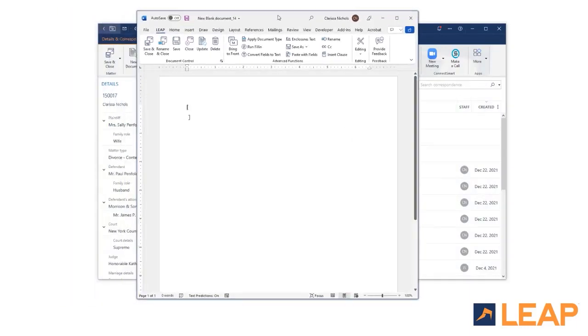Now you are ready to enter your clause. Find the clause you want to add to Leap. Cut, and then paste it. Clauses, just like Leap